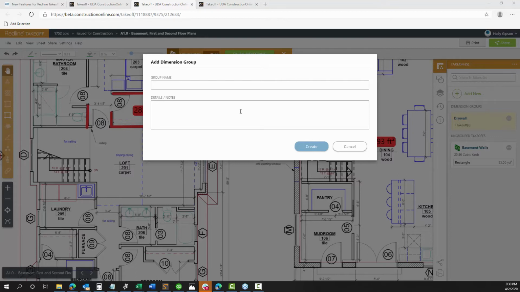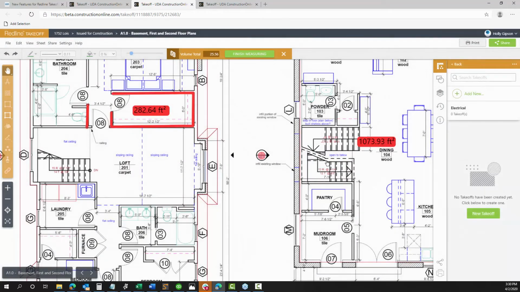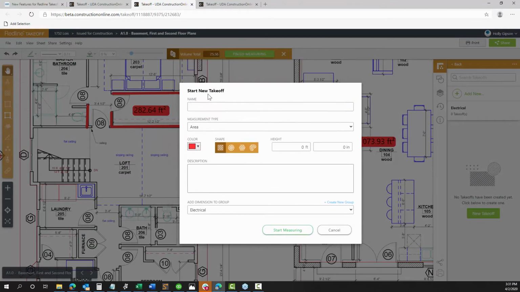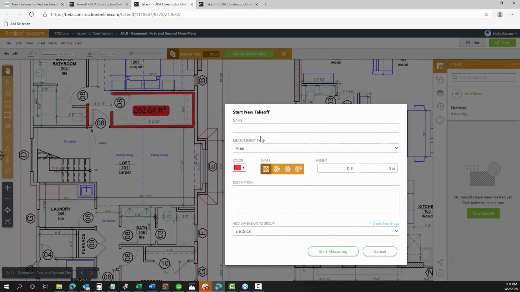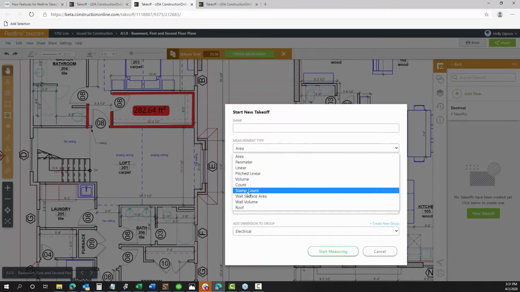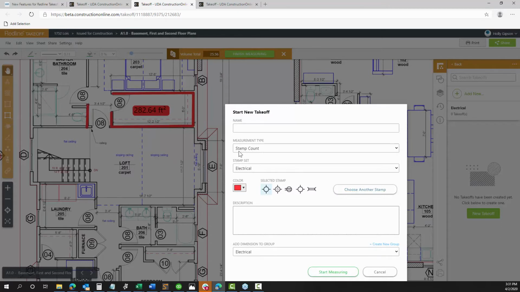So I think our team has done a really great job of listing out a pretty robust and extensive set of stamps to start. I know, Holly, you mentioned HVAC, mechanical, and electrical stamps, so we've also included some stamps for plumbing as well. There are a lot of different options. We're going to take a look at a few of them now as we start to move through. Now, to actually start using the stamp tool, all you have to do is change the measurement type to the stamp count,